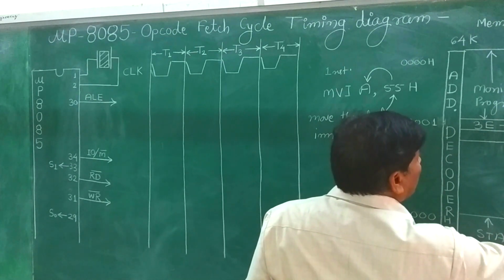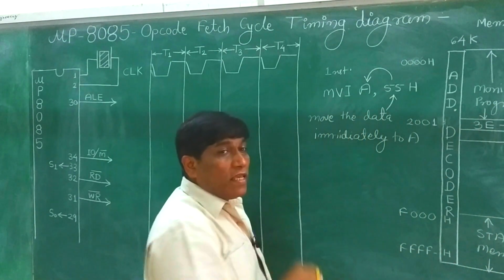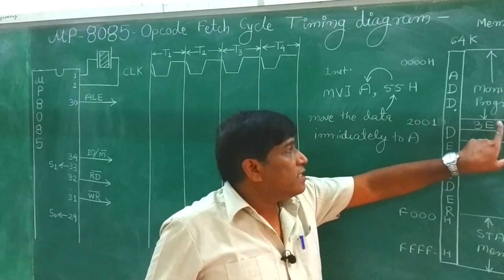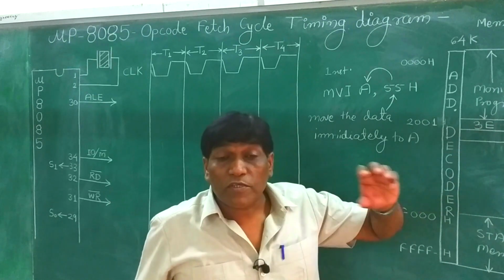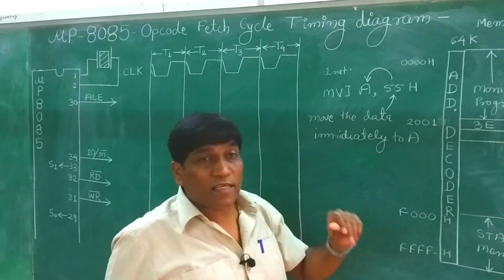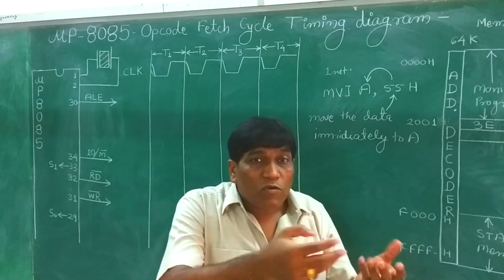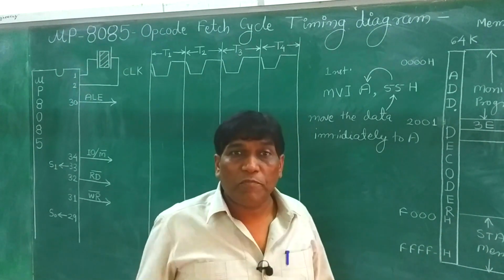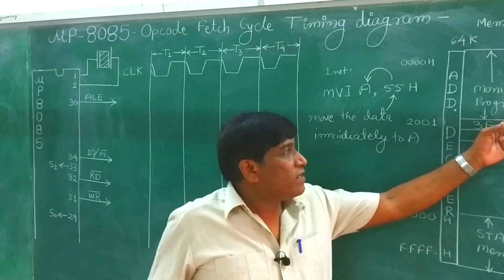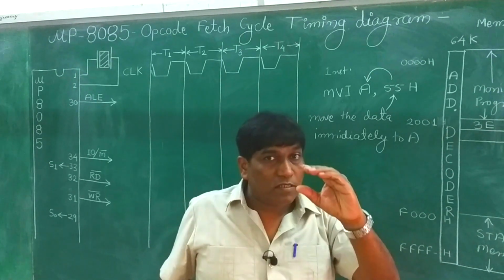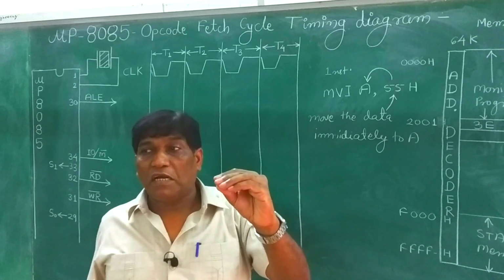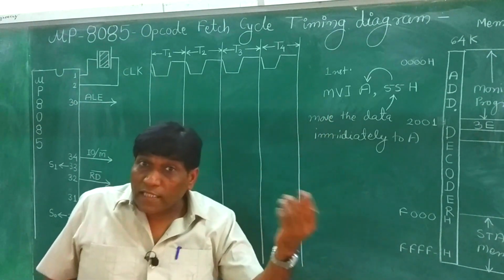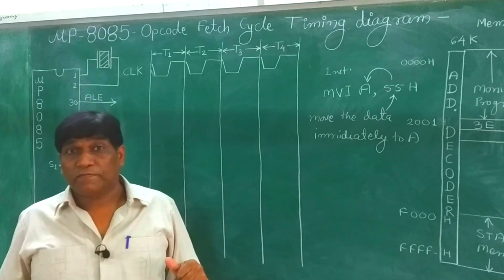Opcode for instruction MVI A. That means this data, 3E. What is 3E? It is an operation code. Ultimately, 3 means 0011, and then we have E, which is again a binary combination. So the machine will understand 3E. Now the question is how the machine will understand 3E as move the content of the next byte to the accumulator.